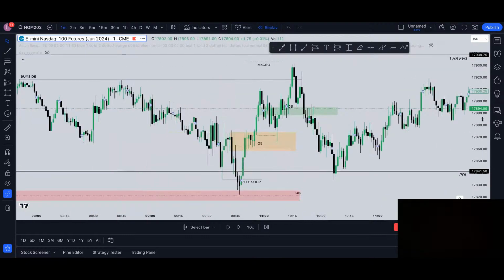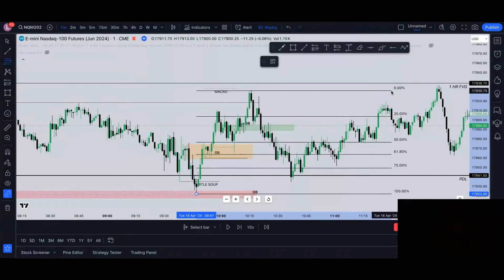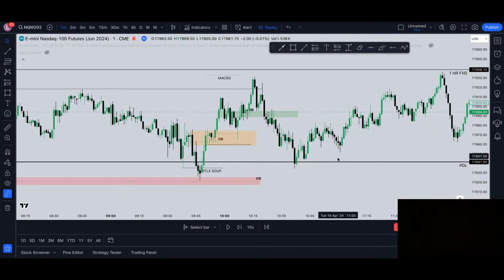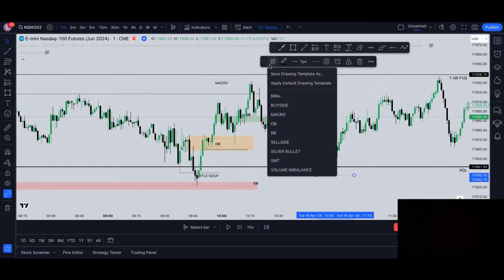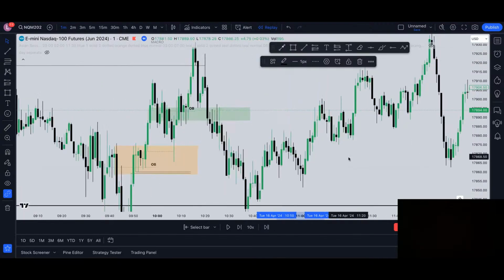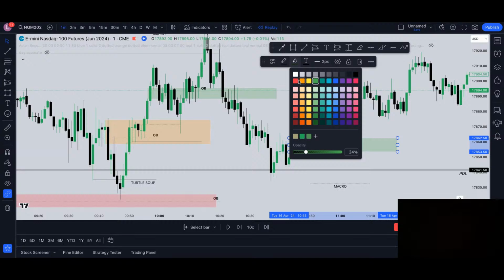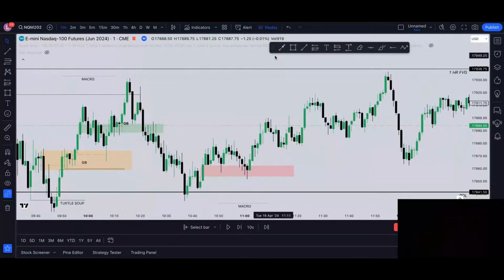And what basically happened after this run? Price basically came back to the optimal trade entry area, and here's your 10:50 and 10:10 macro. High, market structure shift, price left a favorable gap, and